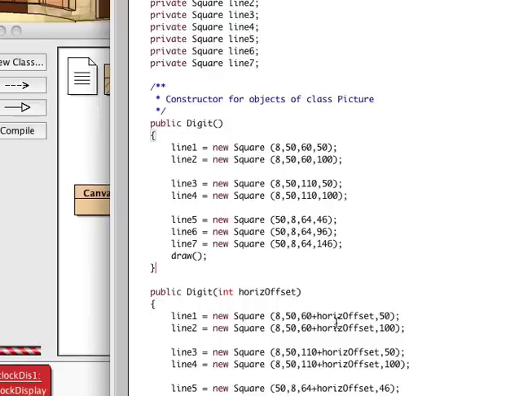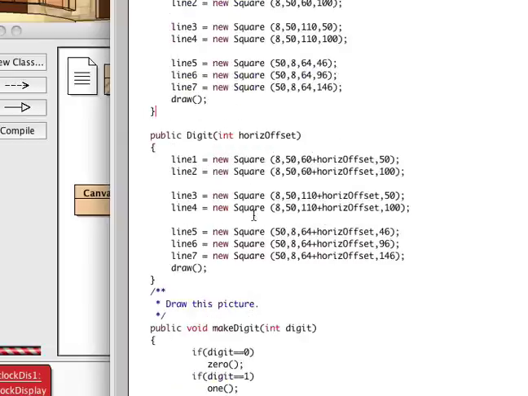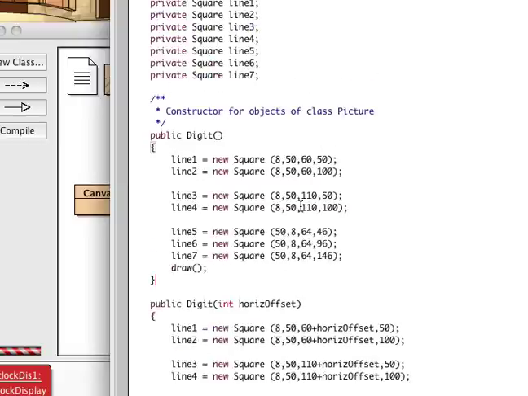And this just allows you to create a digit object at different horizontal positions on the screen, since you don't want your digits to overlap. So each of the 4 digit objects that you create will have a different horizontal offset, and you can experiment to find out what horizontal offset values will work to create those. At any rate,